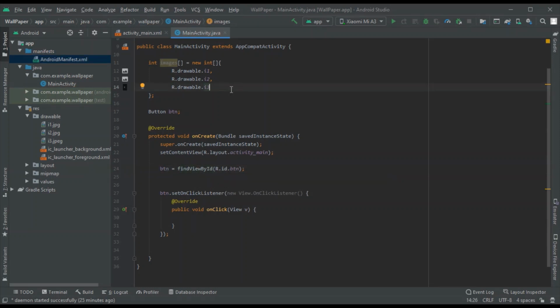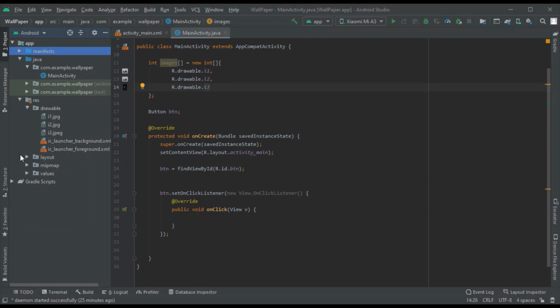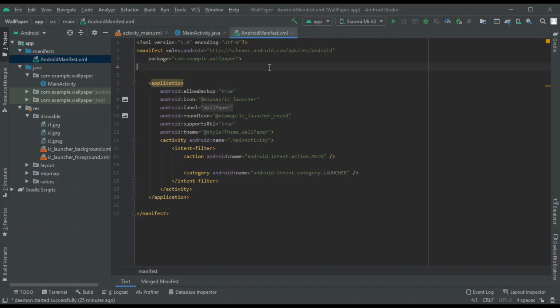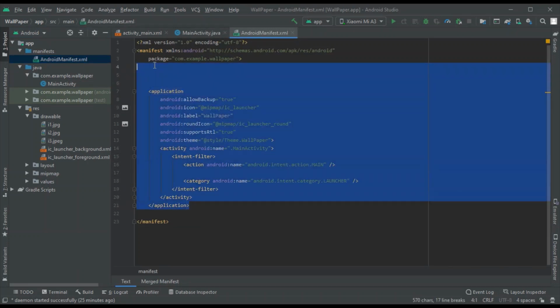Okay, so our application will basically change the wallpaper of the phone. So in order to make these changes, it needs certain permission. Those permissions you can specify in this manifest folder. If you click on this, you can see this Android manifest, and here you can add the special permissions which your app needs.